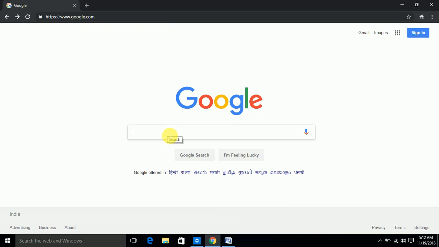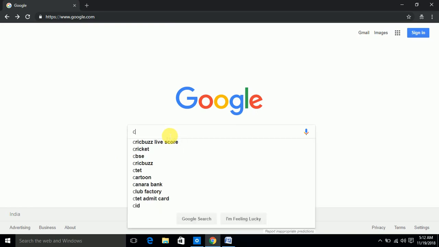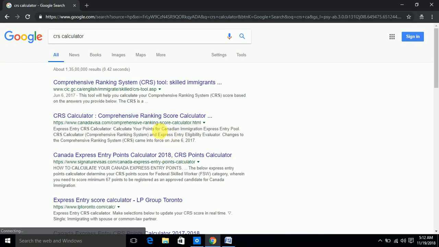Let's start to calculate your CRS. First, search on Google, that is www.google.com. Then you have to type CRS calculator. The first option which you are able to see is the Canadian site